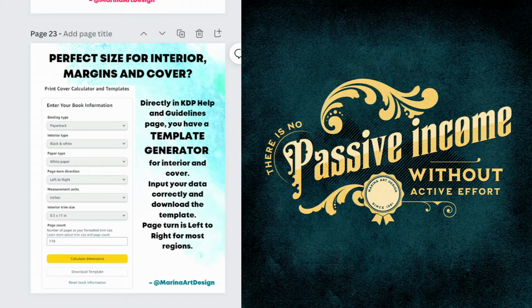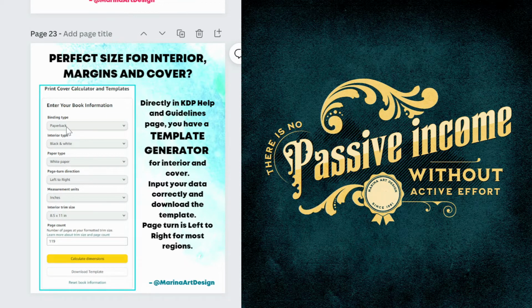Now, how are you going to find the perfect size for interior, margins, and cover? Directly in the KDP help and guidelines page, you have a template generator for interior and cover. You input your data correctly and download the template. So, for example, paperback, black and white, white paper, left to right is the way the pages turn for most